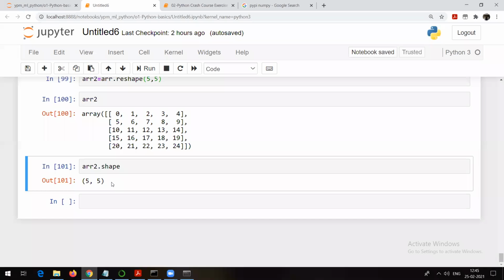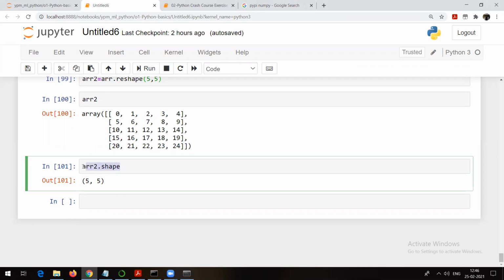So always try to remember the first value is always going to represent the number of rows, and the second value is always going to represent the number of columns. I am talking about the output of the shape. Now, can you tell me what if I want to know only the number of columns? See, this is a tuple, and you can easily index a tuple.